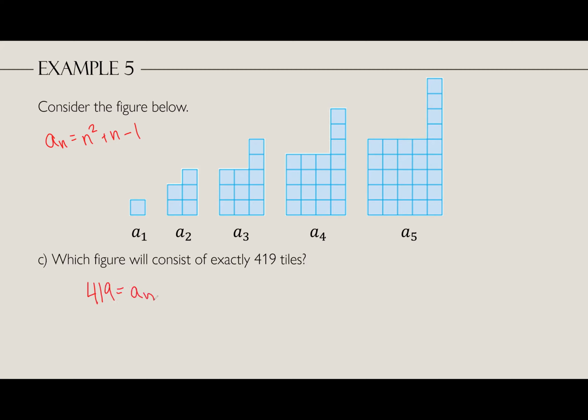What's n? Well, fortunately for us, we know what a_n is. It's n squared plus n minus 1. Now I'm going to rewrite that over here just so that I have the space. n squared plus n minus 1 is equal to 419. So let's see how we can solve this. We're going to do some algebra. I'm going to subtract 419 from the left and the right,